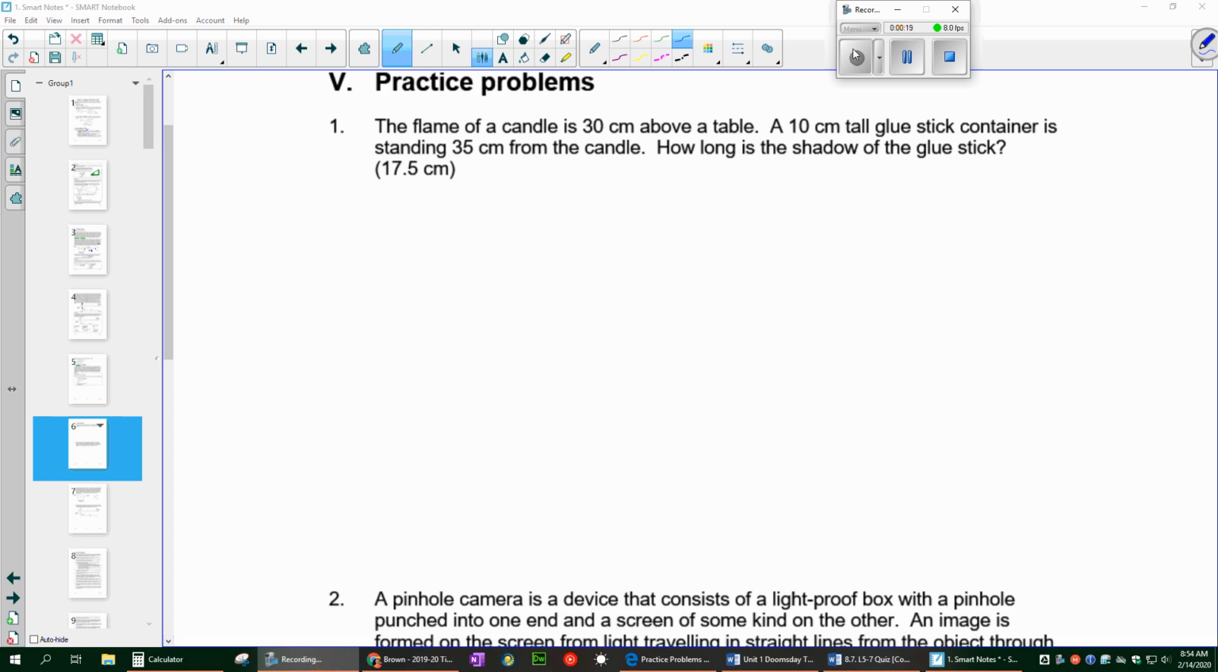The flame of a candle is 30 centimeters above a table. I think I just read this. Okay, I just read it already, so I'll get into it. So, all right, so what we got going on here